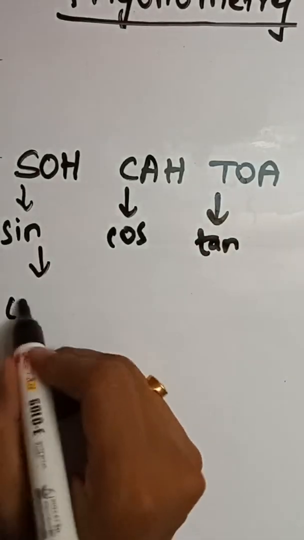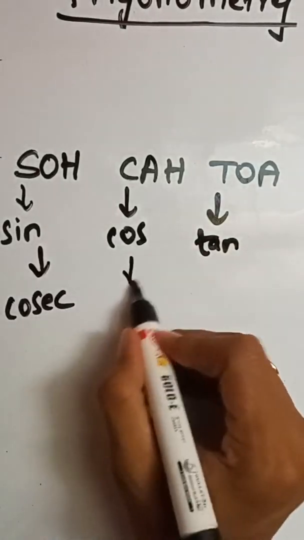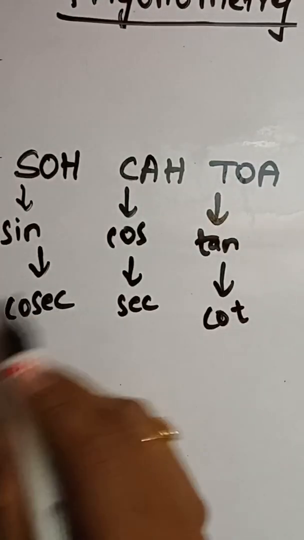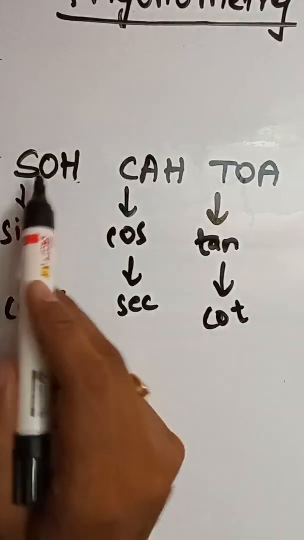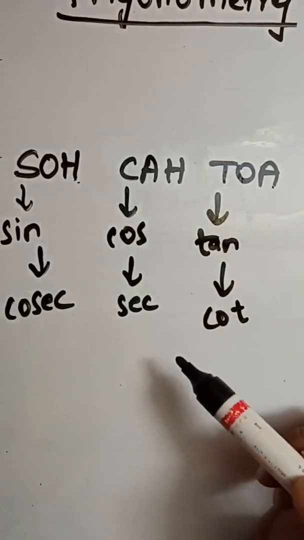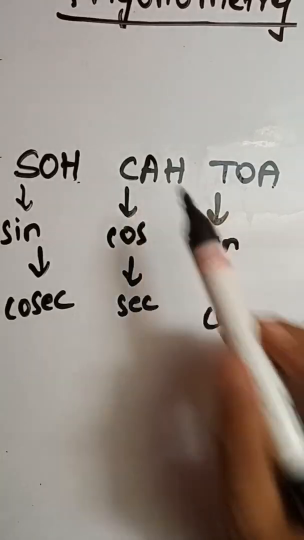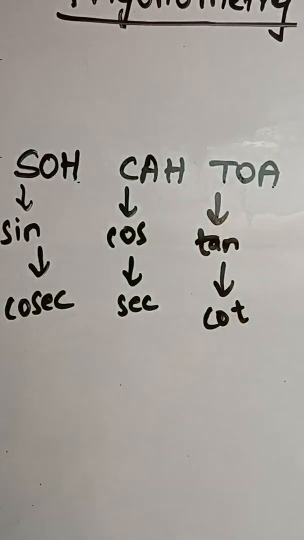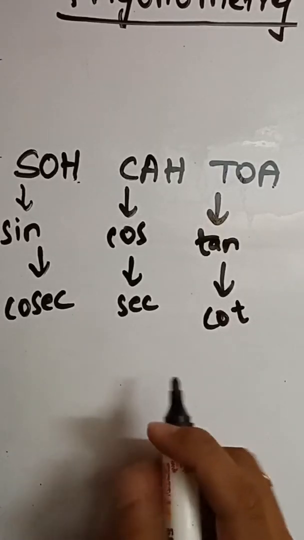And then reciprocal of sine is cosec. Reciprocal of cos is sec. Reciprocal of tan is cot. Means if cosec is asked, then h upon o, the opposite. If sec is asked, then h upon a, and if cot is asked, then a upon o. A means adjacent, o means opposite, h means hypo. Okay, so this is the shortcut you can remember, so ka toa. This shortcut will help you. Okay, I hope you have copied this.